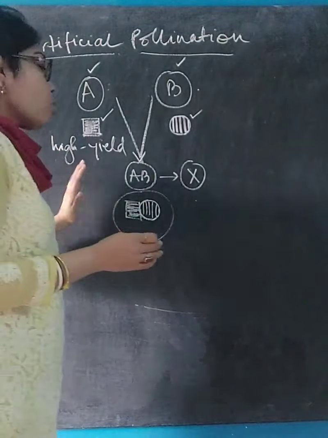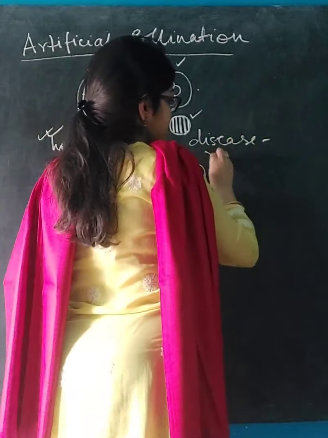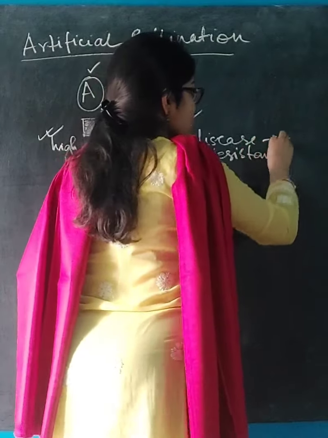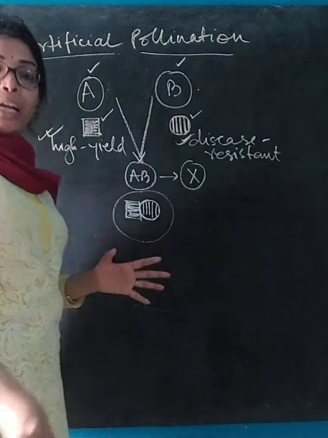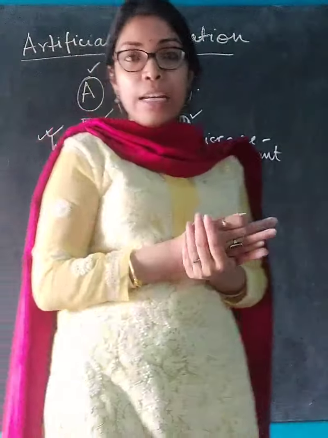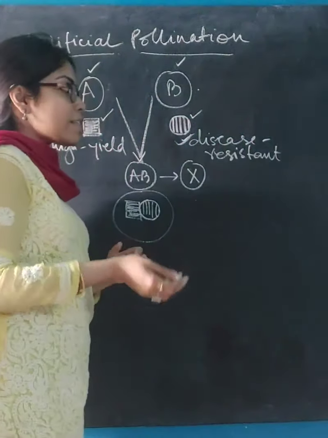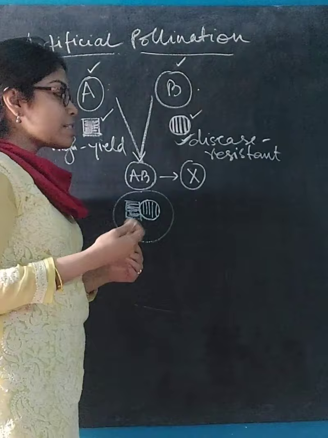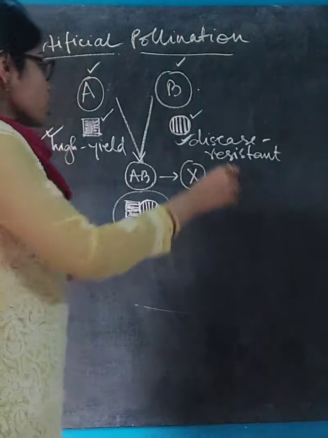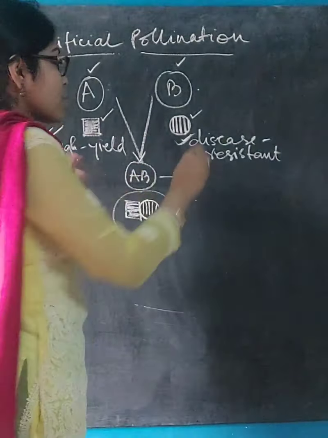Okay, so this one is high yielding, and the other variety may be disease resistant. These two are very much wanted characteristics in a crop plant, that it will be high yielding and disease resistant, since pests and other insects tend to attack crops a lot, and diseased crops will not give us much yield. So these two are the characteristics that are required by scientists, and they want these two.